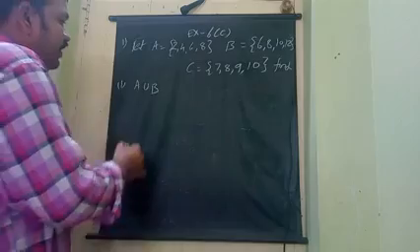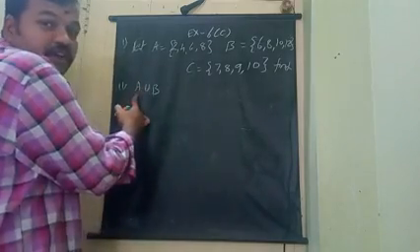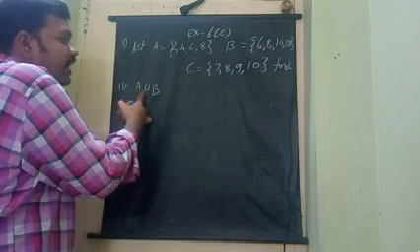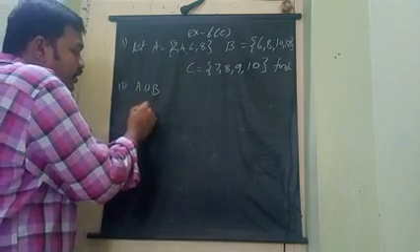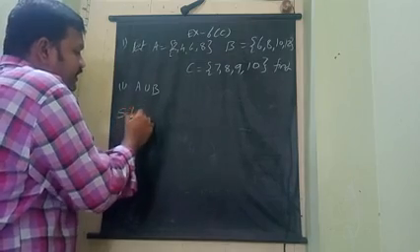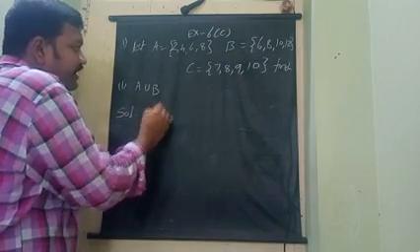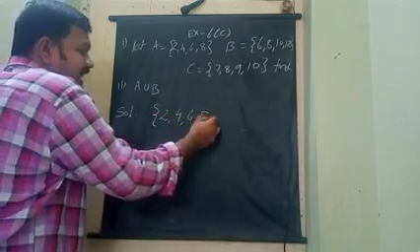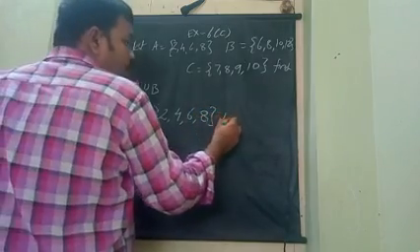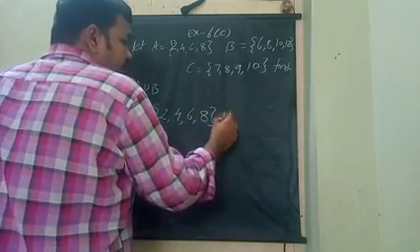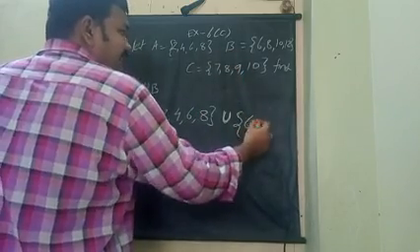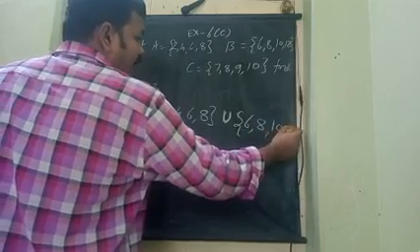So for that, I write A union B. This is called A U B, but don't read it as A U B; read it as A union B. Now the elements of A I am writing once. In the given sum, A is 2, 4, 6, 8. And for union, keep that U. B is, what are the elements given in B? 6, 8, 10 and 12.